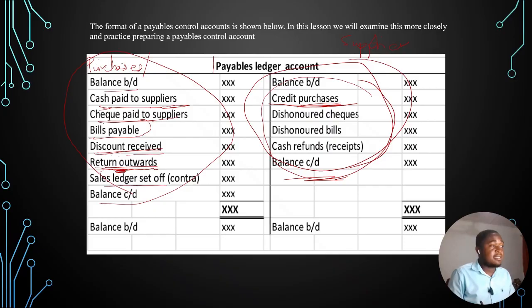And then you have the sales ledger set off. You have a customer, and at the same time this same customer is also your supplier. You are owing the customer and the customer is also owing you, so you can use that very amount to set off and pay him, right? So let's say you are owing a customer 500 Ghana cedis, and this same customer is also your supplier, so a customer is owing you 500 Ghana cedis, and then this same customer